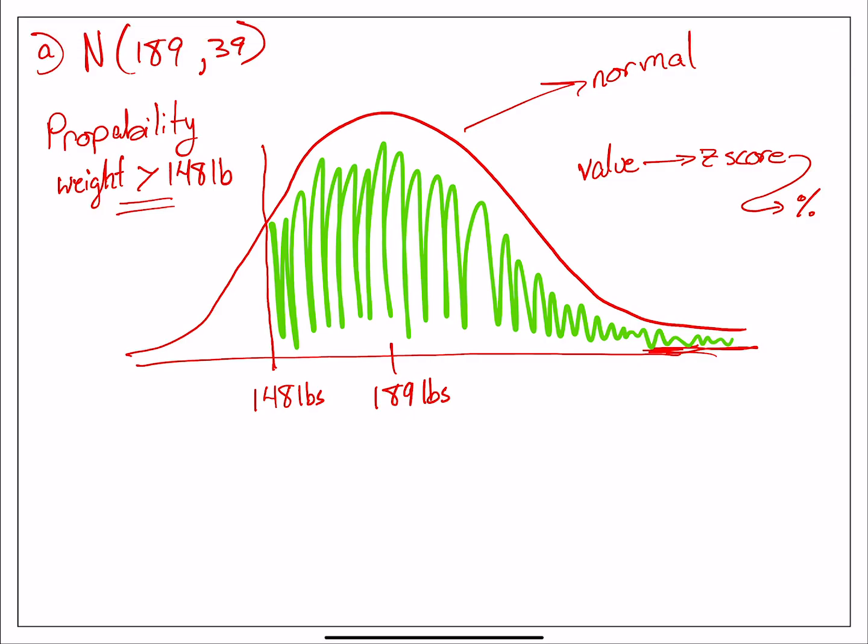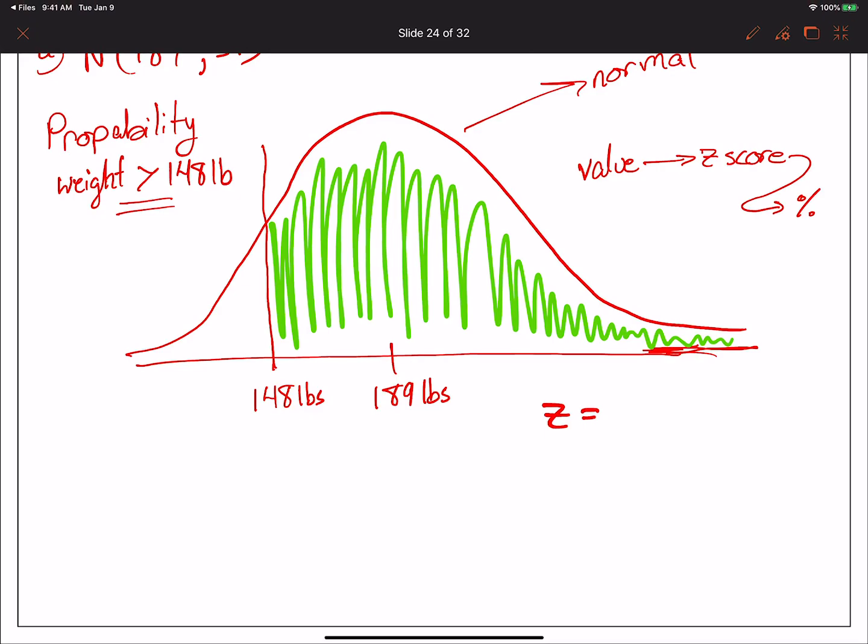Well, we need to go to our chart. And when we go to our chart, we need to find the probability based on our chart. We need to use the chart to find the probabilities. But before we do that, we need to do our z-score conversion and standardize it. So to standardize it, what do we use? We use z equals